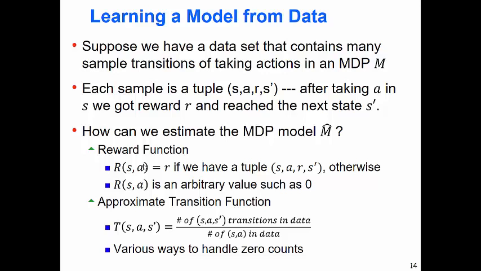If the reward is random, this model also works for this. You can still collect experience if the reward function is a random function of state action pairs, or if it depends on S prime. Then you're going to have to do some averaging here. It would be the average reward you saw after you took action A in state S. All right. Okay.